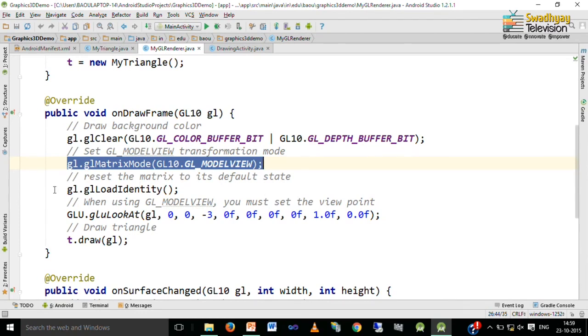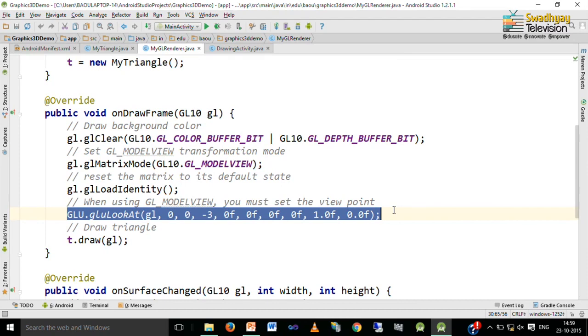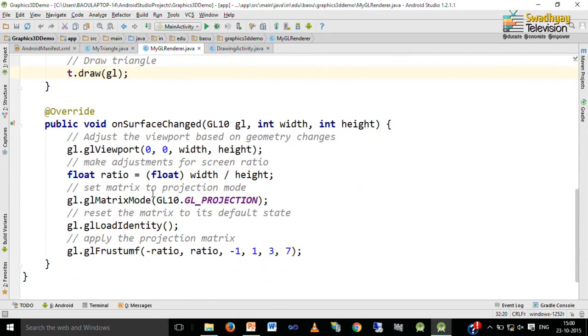Then we reset the matrix to its default state using glLoadIdentity, and then we set a camera angle using the gluLookAt method of the GLU class. Finally we call the draw method of our triangle, which actually draws on screen.